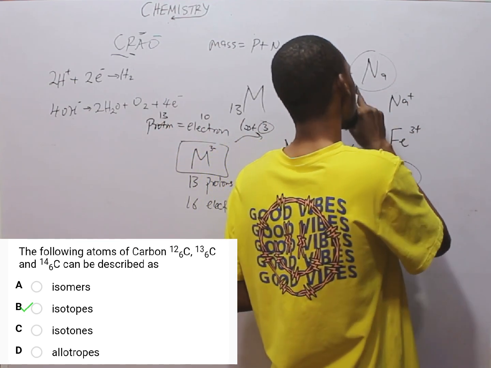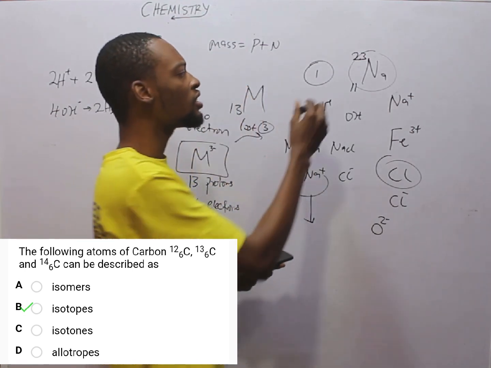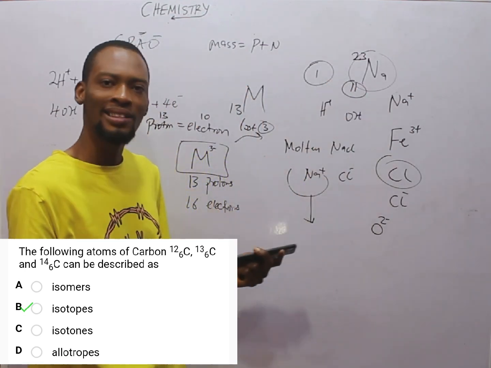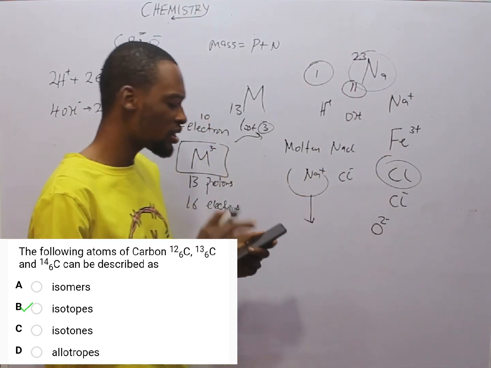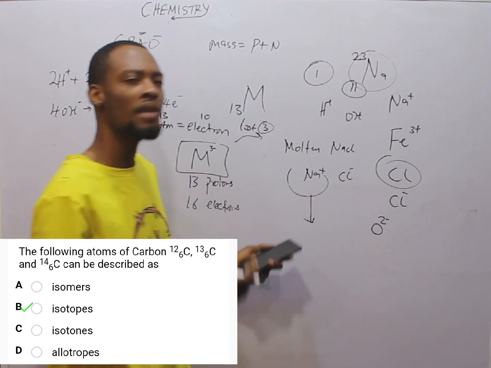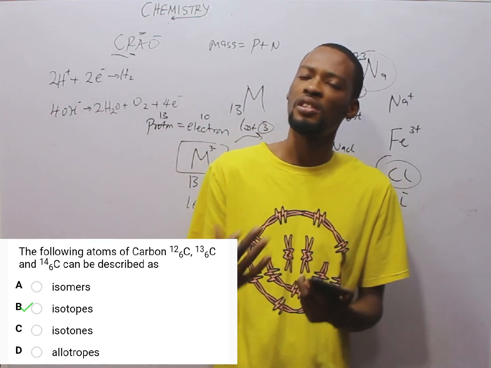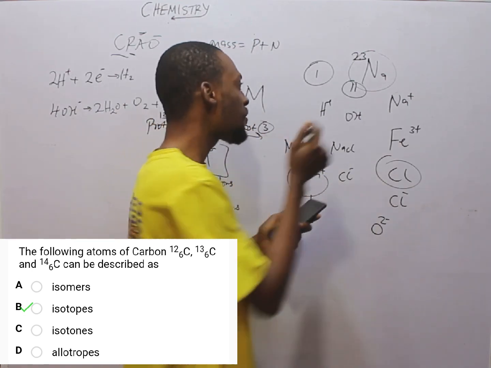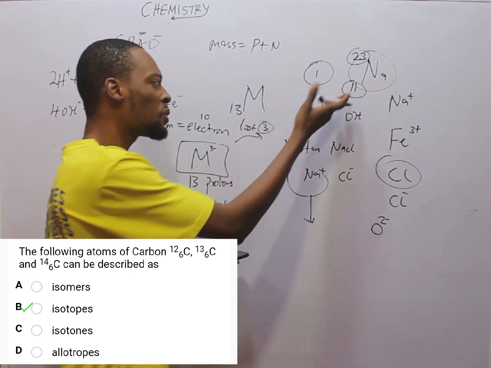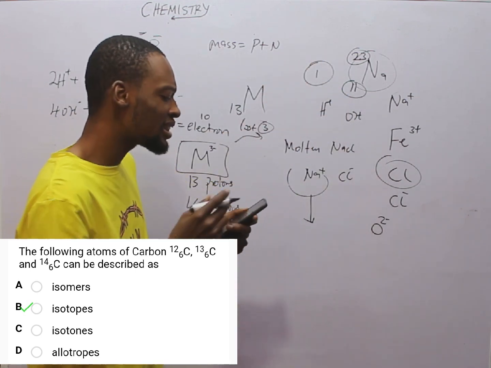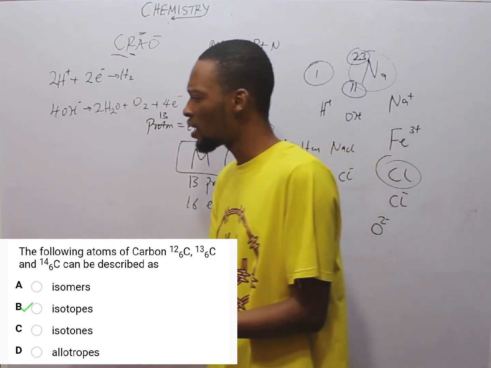This is what I mean. If you are given an element like this, and you have 11 here, let's say 23 here, for example, the number at the bottom is the atomic number, it is the number of protons. And since there is no charge, plus or minus, it simply means that this atom also has 11 electrons, because for a neutral atom, the number of protons is equal to the number of electrons, and the number at the top represents the atomic mass. So it has an atomic number of 11 and mass of 23. But in this case, we have the same carbon. It has the same atomic number, but they have different mass numbers.